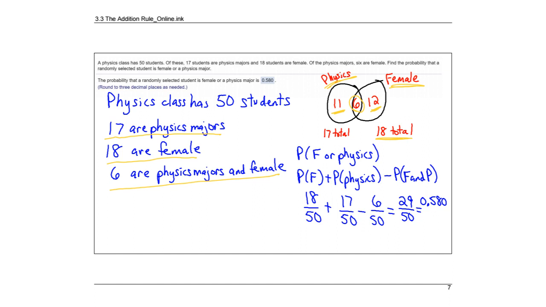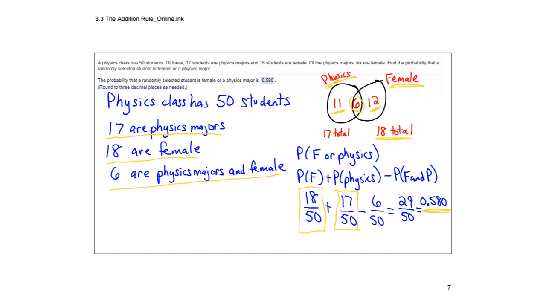Okay, so now I have a couple choices. I don't have to draw the Venn diagram. I can just grab the probability. Remember, there's 50 students. So the probability of the student being female would be the 18 females out of 50. The probability that they would be a physics major is 17 out of 50. And then I know that those 6 female physics majors were counted twice, right? They're in the 18 and in the 17. So I would have to subtract out one of those since they were double counted. And that gives me